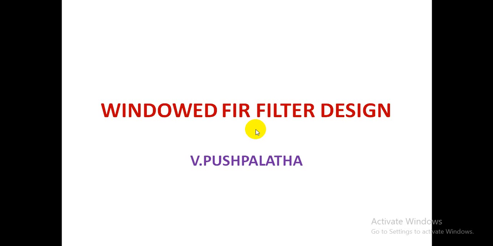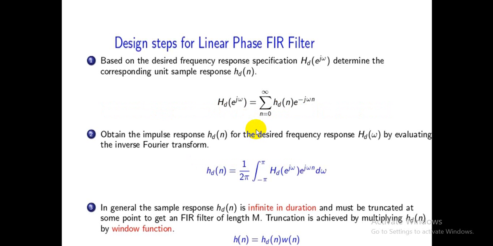Good morning all. Today we are going to see the Hanning window, FIR design by windowing, which we have already started. In the previous lecture we talked about the basic concept of windowing, that is, the given desired frequency response specification is expanded in Fourier series, which is nothing but the Fourier transform of the desired impulse response.